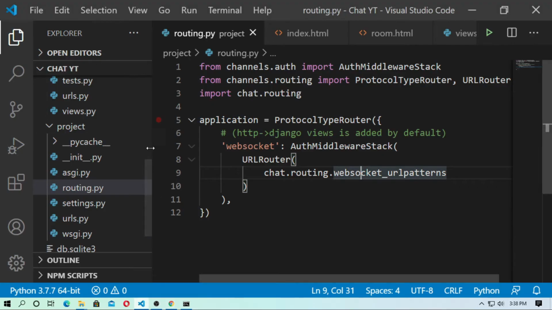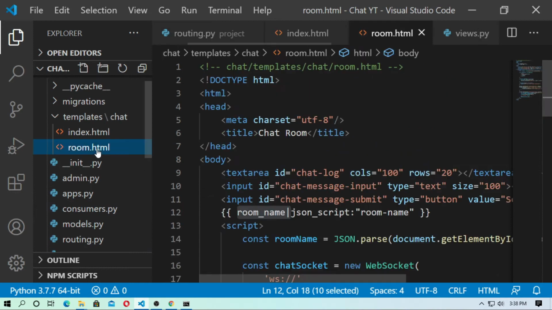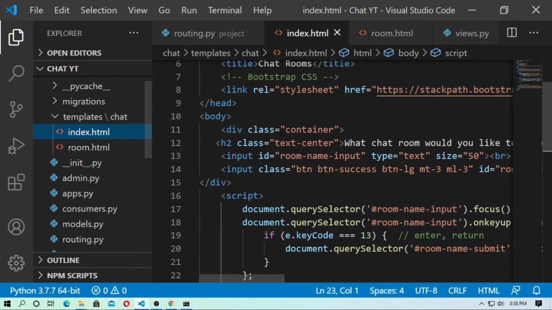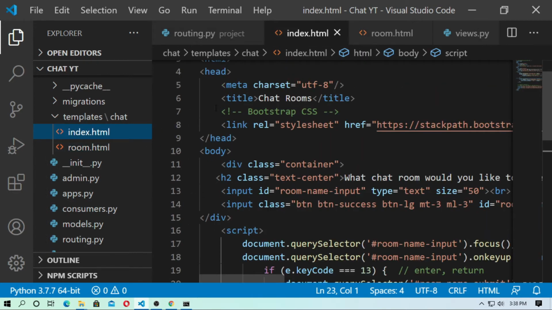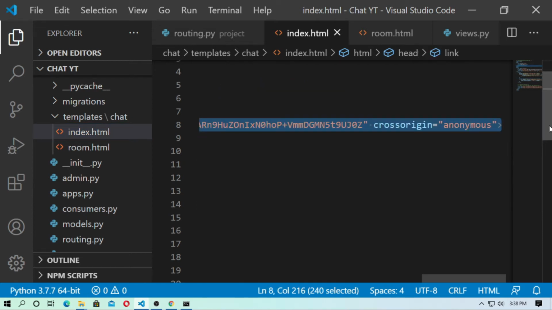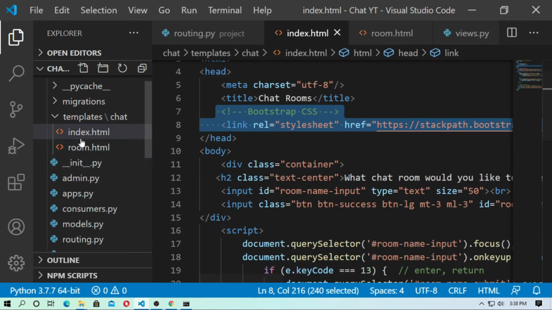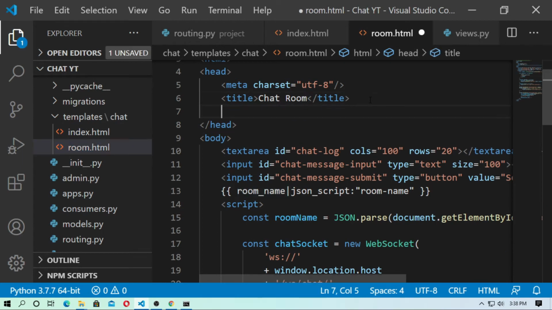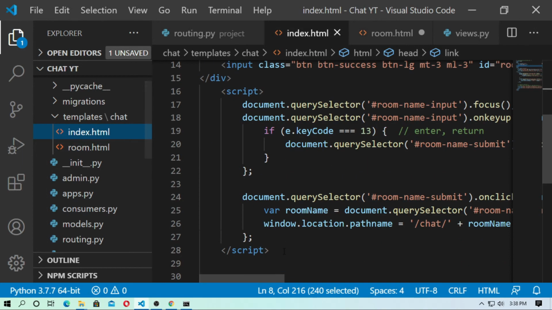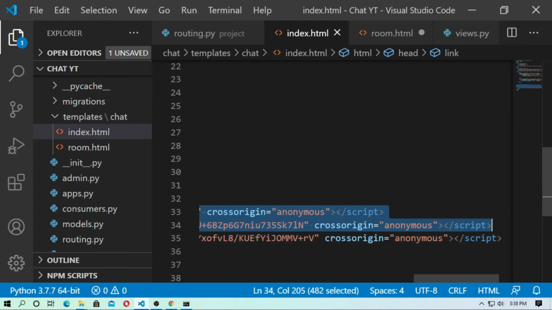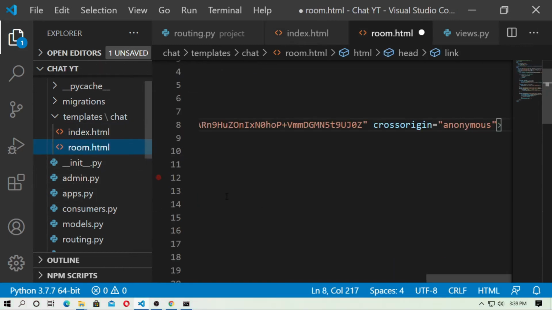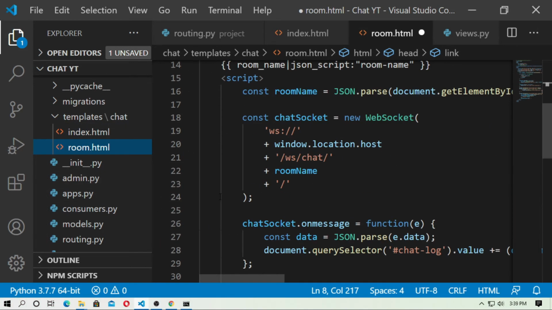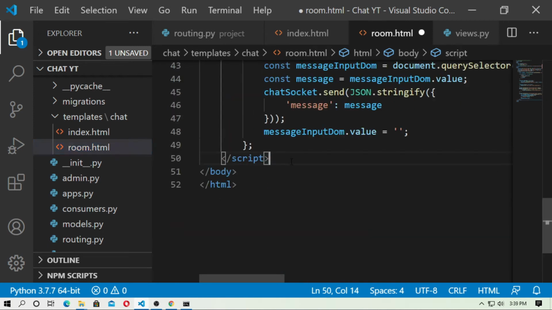Now go to room.html and add the Bootstrap property. Copy this, and in room.html paste it, and now copy all of this and paste it inside room.html.